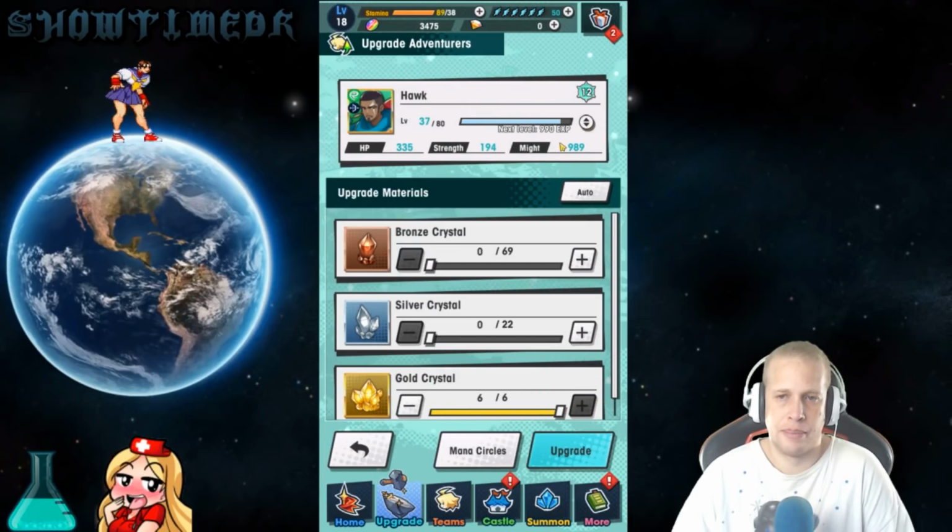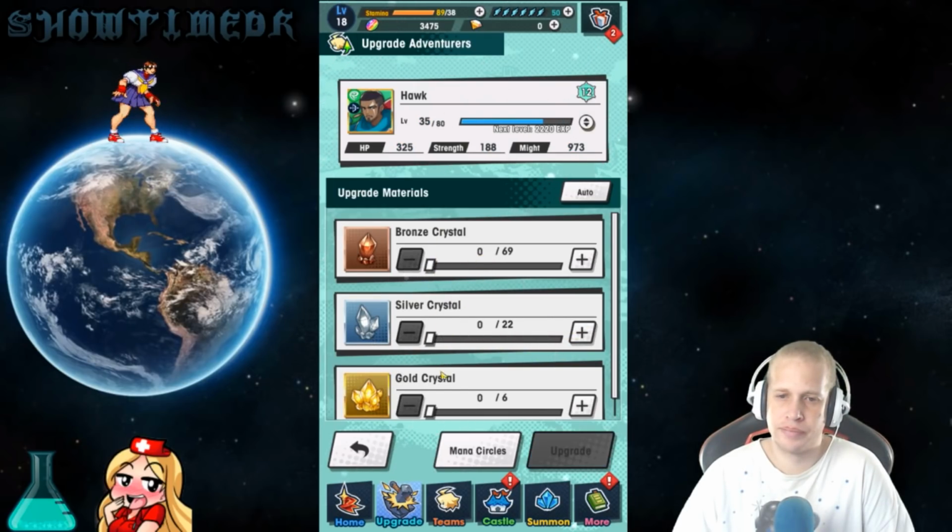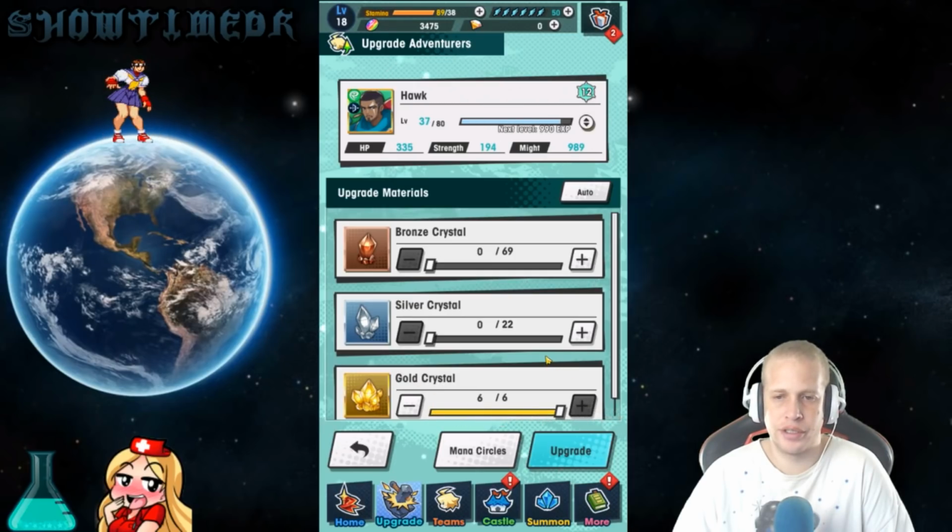So you see how the might rating right here keeps going up. And by the way, these are on a slider too, so you don't have to just keep hitting plus, which is a nice feature. I wish some of my other gacha games had that. Right now, I'm just getting this guy to 40. So you see how his power level is going to be 1014 when it was... And this is just from his XP. His power level is actually greater than that, but it was 973, so...